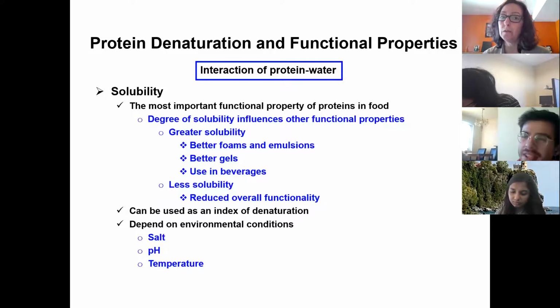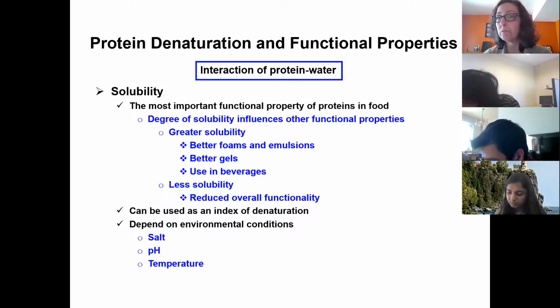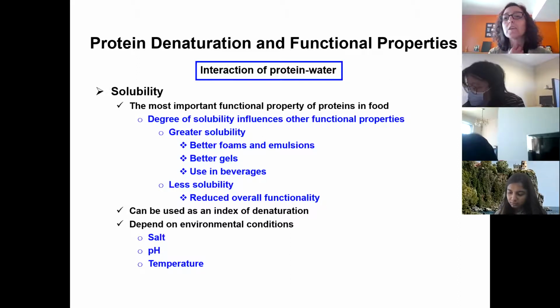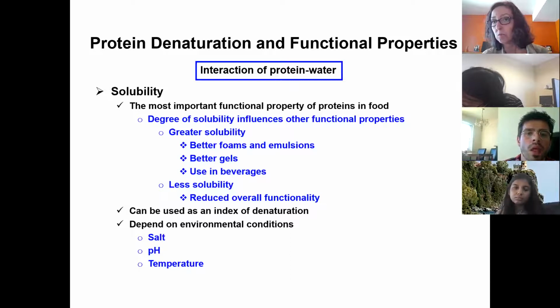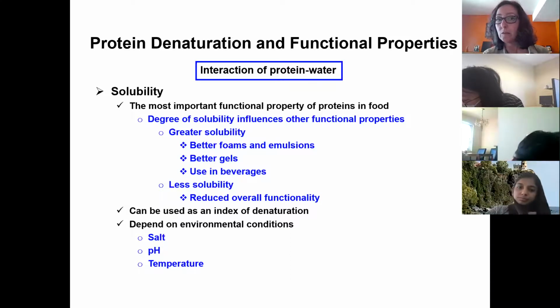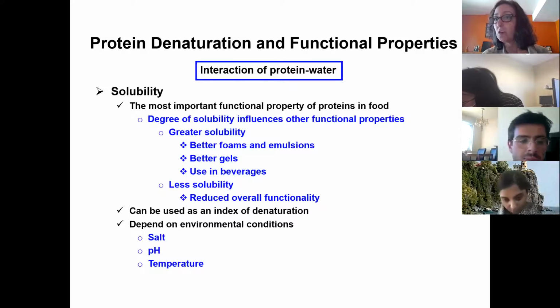But one thing I want to point out here is that texturization does not necessarily require protein to be completely soluble in water. Actually, a completely soluble protein is not helpful for forming fibrous structures. Gluten, for example, is not soluble in water, but it texturizes very nicely. So there is a fine line between a protein being completely soluble versus you wanting it to function in a certain way. There is always a balance we need to remember, depending on the final structure we want to form.